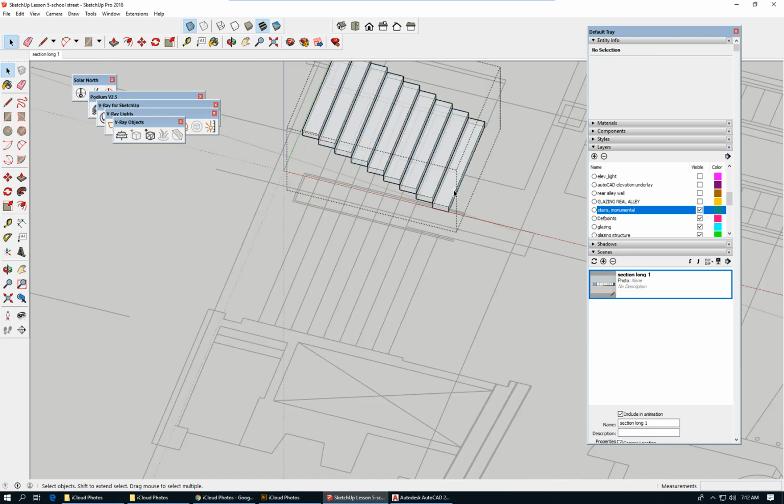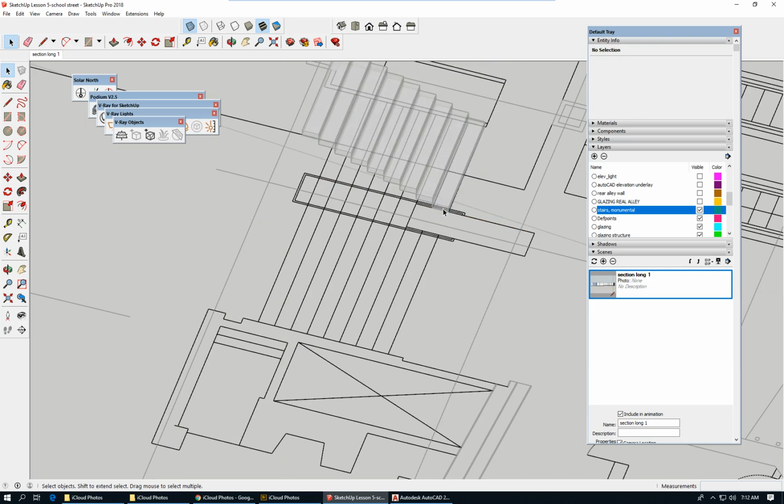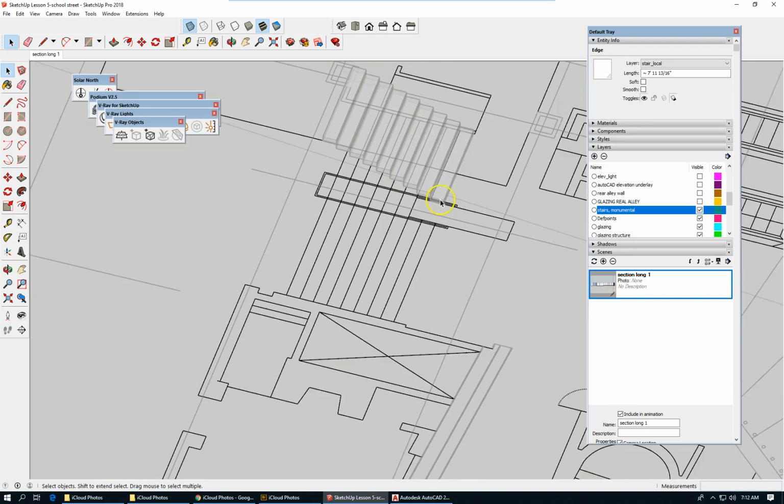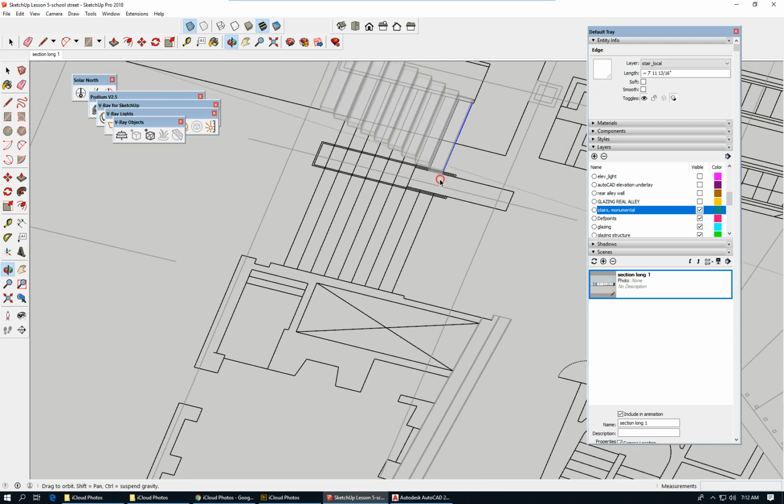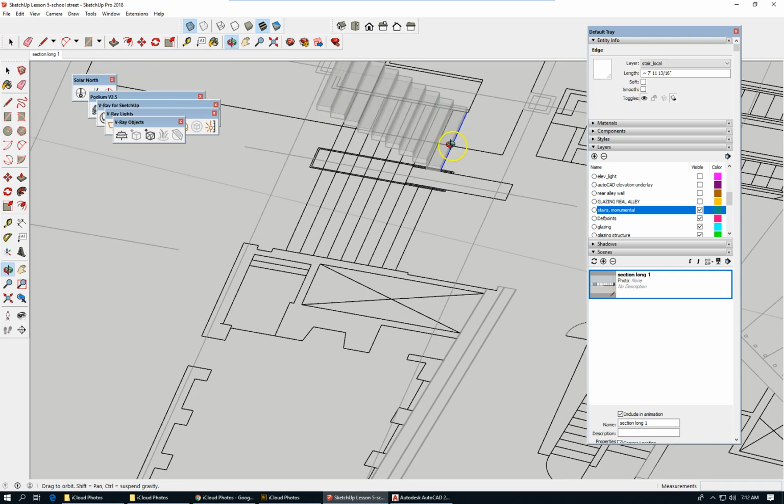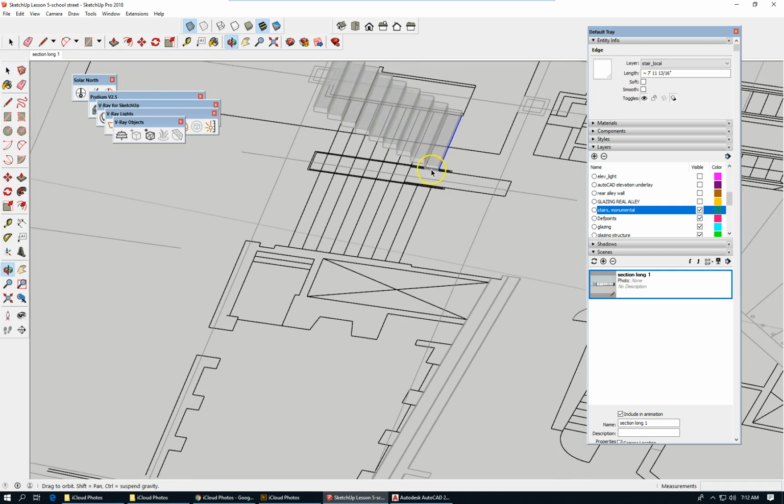So I need to add, double click the group, double click the tread, I need to select